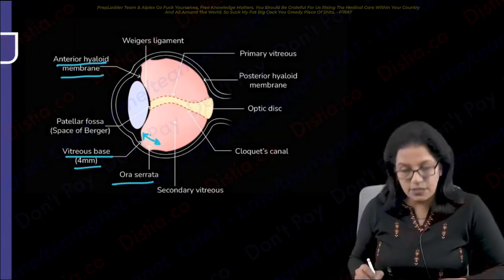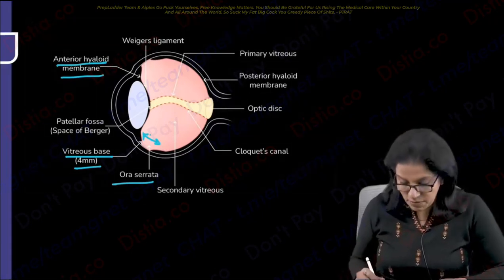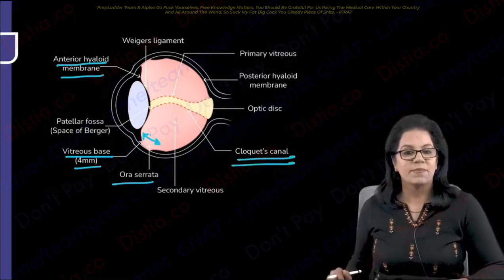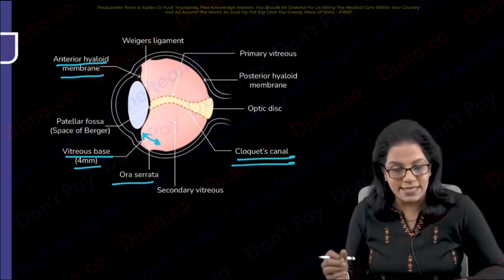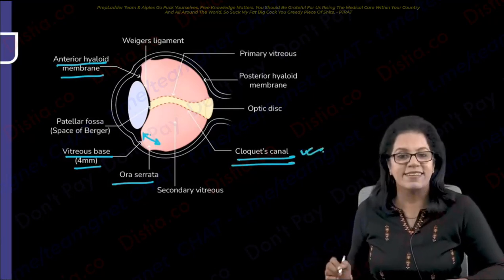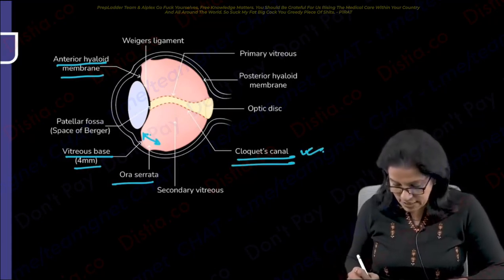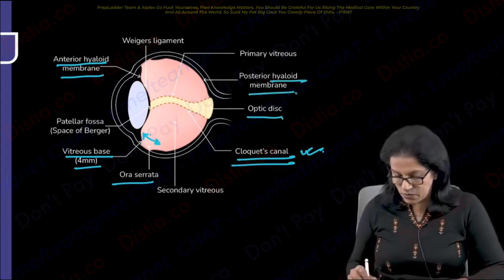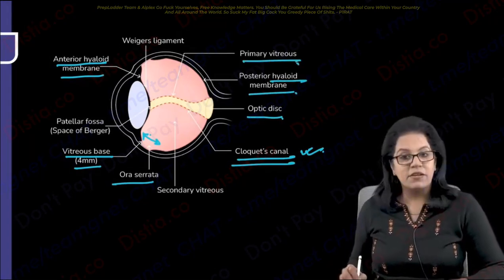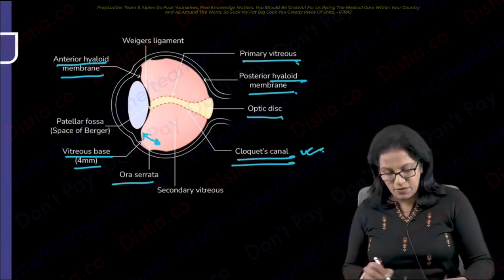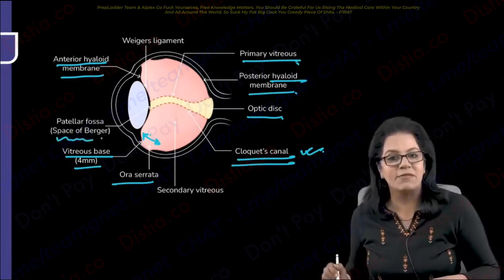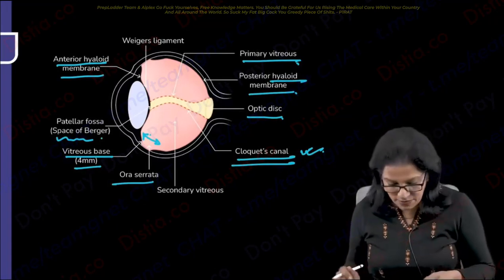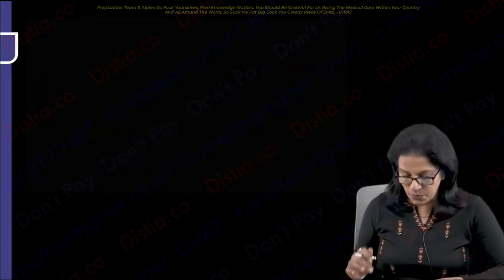And the primary vitreous, the blood vessels, they regress and what remains after regression is Cloquet's canal. Just remember that. Okay. So hyaloid tissue is regressing and what remains is Cloquet's canal. And of course the posterior condensed part is the posterior hyaloid membrane. This is the optic disc. Right. So this whole thing will become primary vitreous, which is regressed. And we all remember the retrolental space of Berger, we have to discuss that in diseases of lens. Right? So once you are clear with the anatomy of the vitreous, the next thing that you have to know